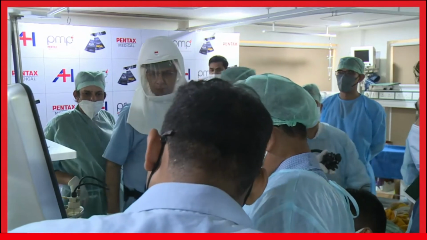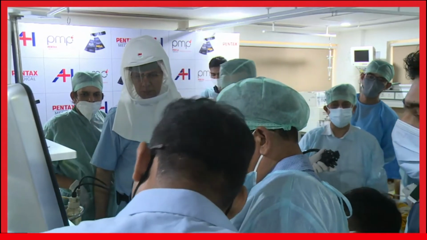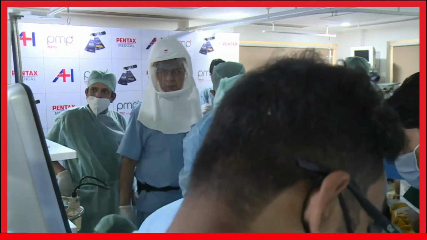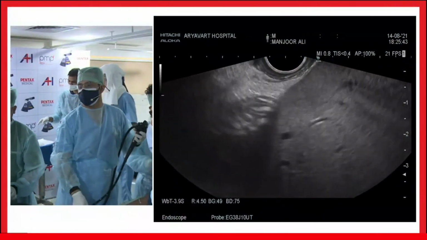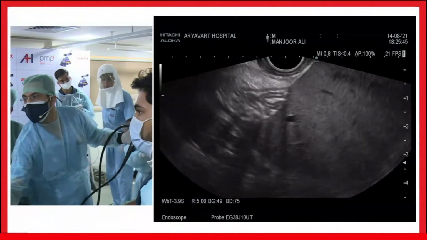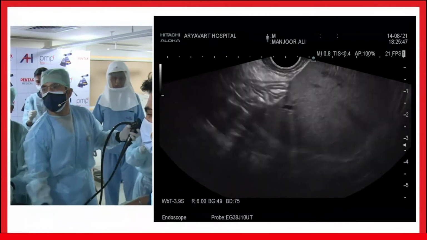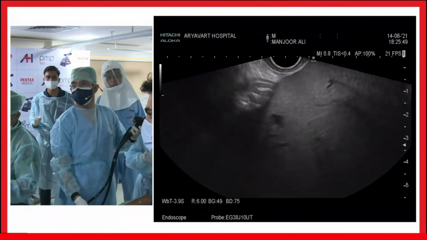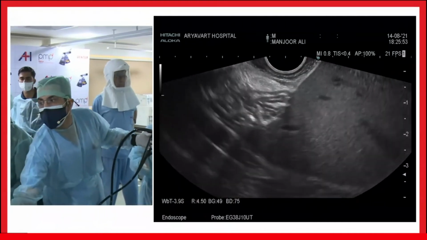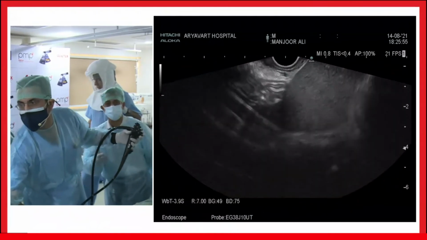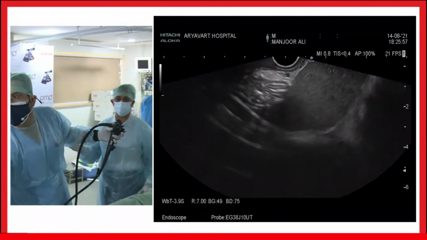So before we proceed for a patient with fluid collection drainage, there are 3 or 4 important things which we should highlight. First is the symptoms of the patient. Size of the collection doesn't matter. What matters is the symptoms of the patient. If the patient is symptomatic in the form of gastric outlet obstruction, biliary obstruction, some vascular obstruction or sepsis, only then should we be taking up the patient.